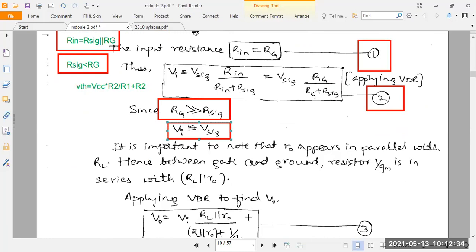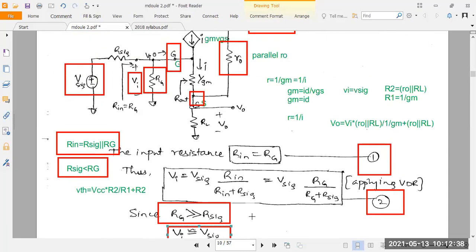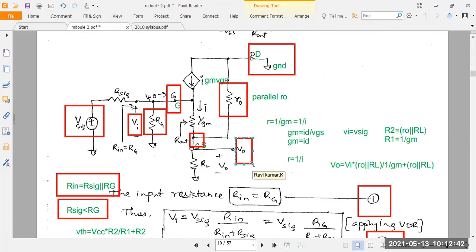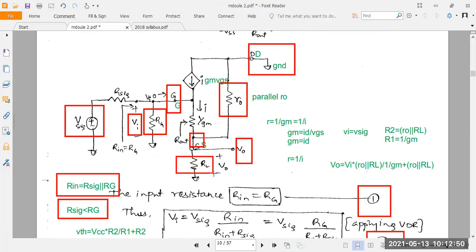So you take now the connection in between the output side. What is output here? V0. So what are the elements that are connected for the V0 here? R0, okay, means channel resistance, then RL. For the source side, you have to consider the total output resistance R0, the internal output resistance, right? RL, the load resistance. You take only these two.